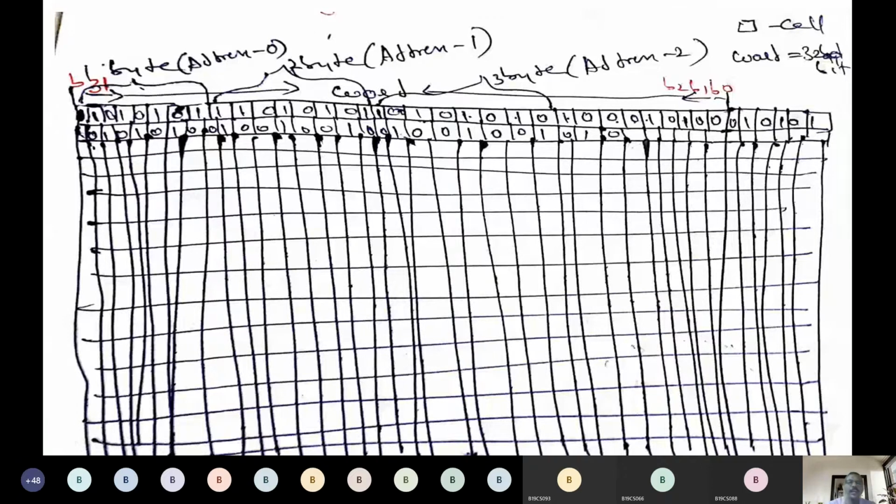Can anybody say what is the address of the 5th byte? Address of the 5th byte. I'm asking questions so that you can understand the things.